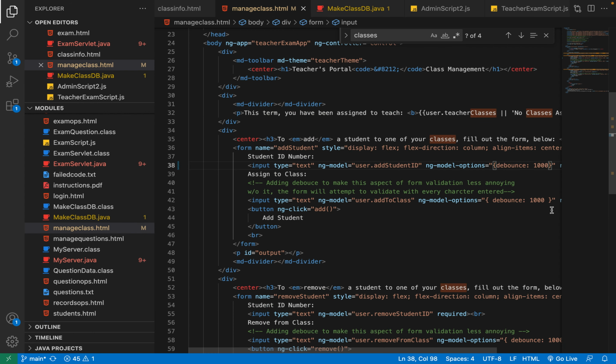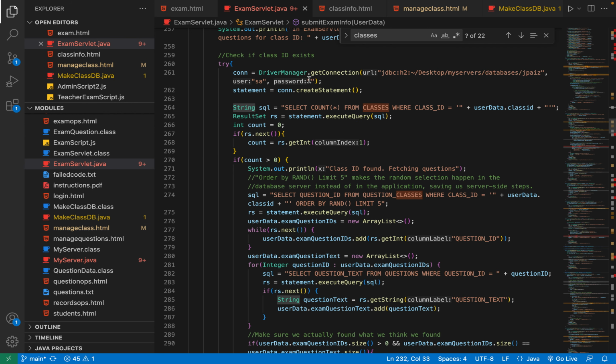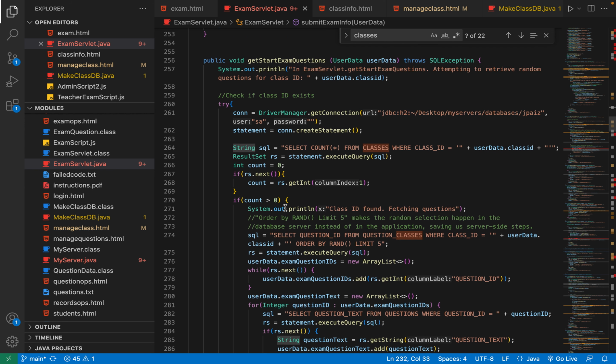Here we can see that validation with the debounce, so it doesn't appear as often. And then in the exam servlet, we can also see that there are numerous different kinds of transactions that can occur that will lead to a multi-stage transaction. So here, like when we start an